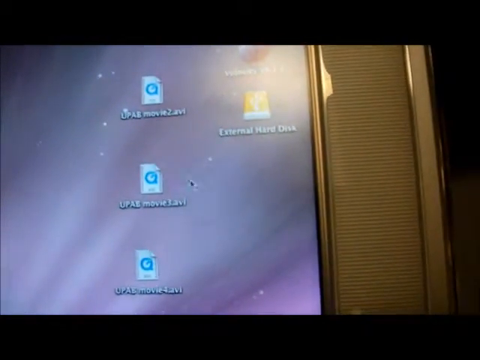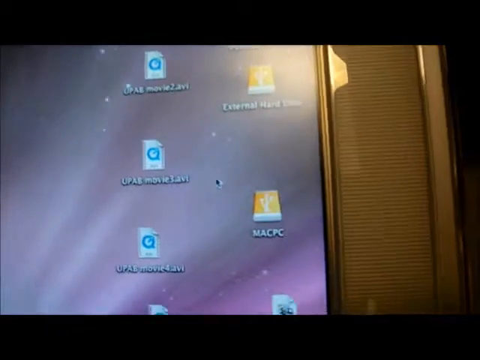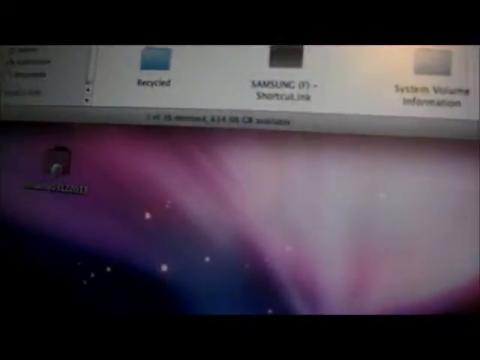And so eventually the Mac will recognize the folder, the hard disk for the Mac, which is Mac PC. So there it is. If you just double click on that and find a folder which says live cell images for transfer. So if you just double click on that,